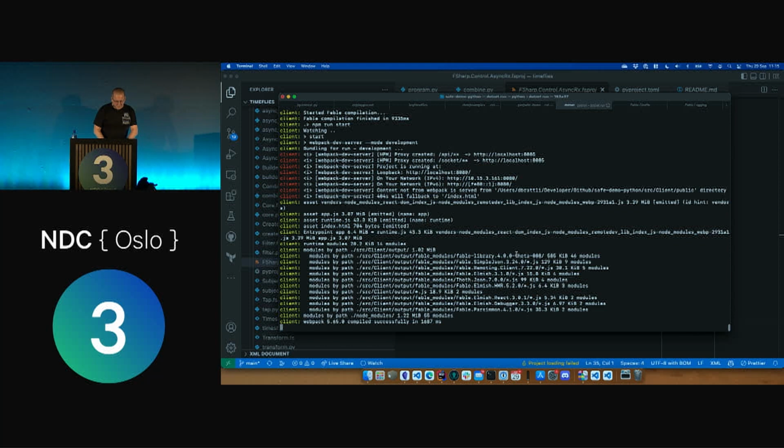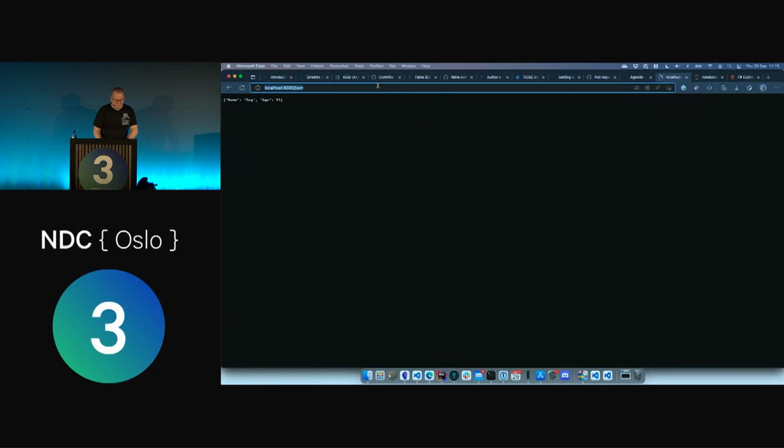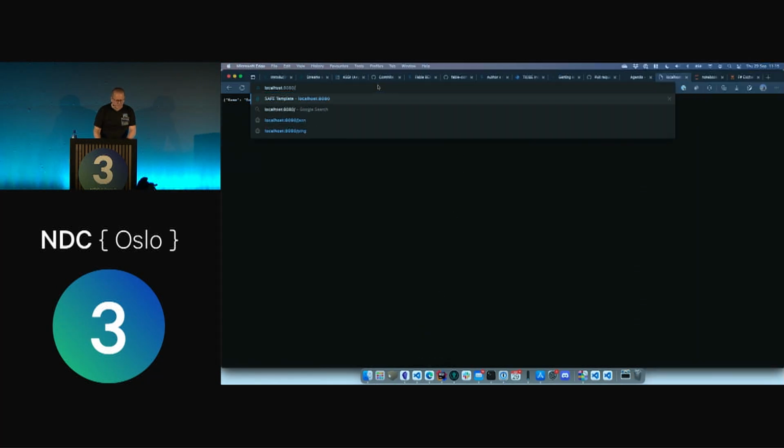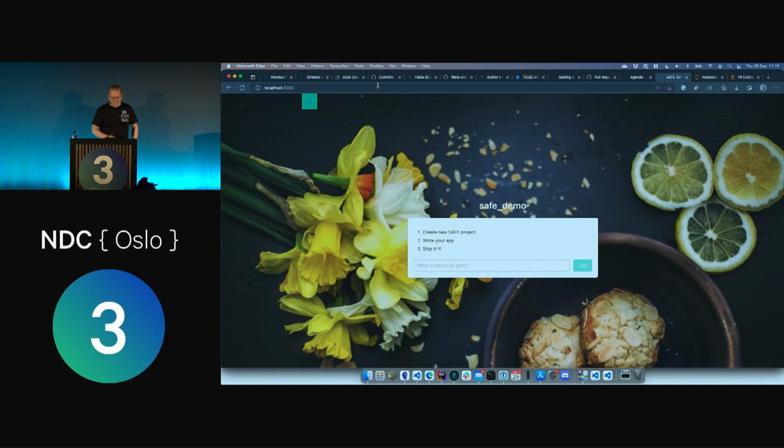Let's see if this one actually started now. So there should be something running on port 8080. Let's see. And we have SAFE Stack running on Python. So now to test this, I can say Python rocks